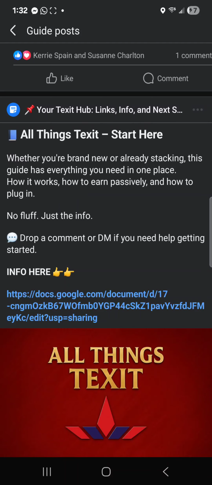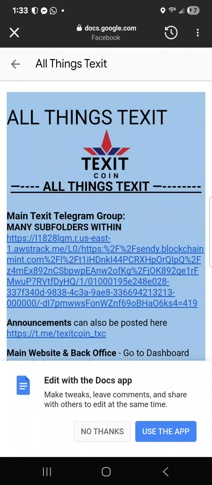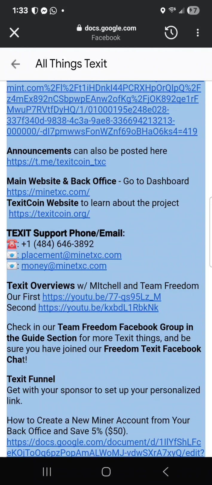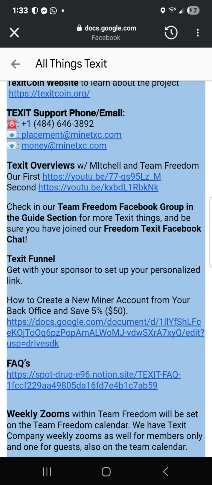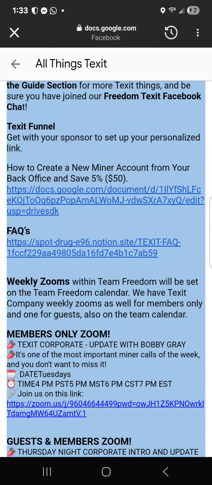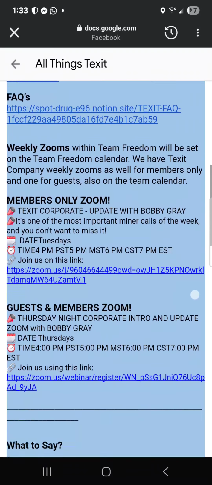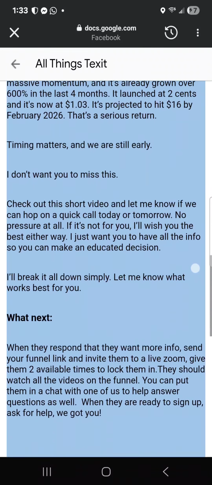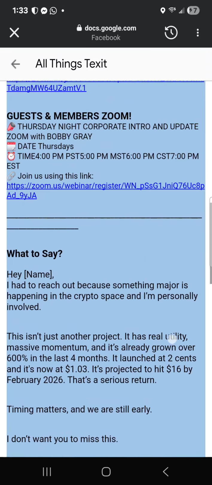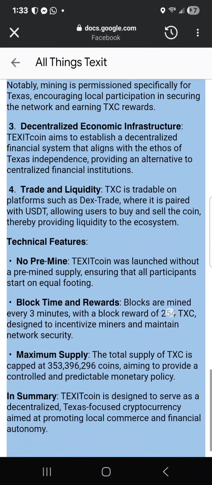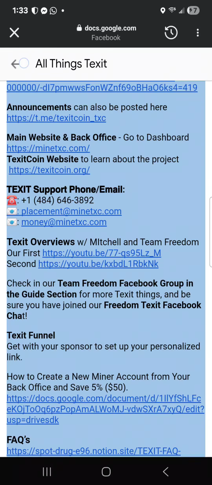This has a doc right here. I put a whole bunch of different things in here. The Telegram folders are there, the emails for support, overviews that we use, how to do the funnel stuff, how to create the new miner, which will give you a full walkthrough, and the FAQ. So there's a lot of information. There's a couple of different things, like what to say. What is Texit? Now, if you go back one,